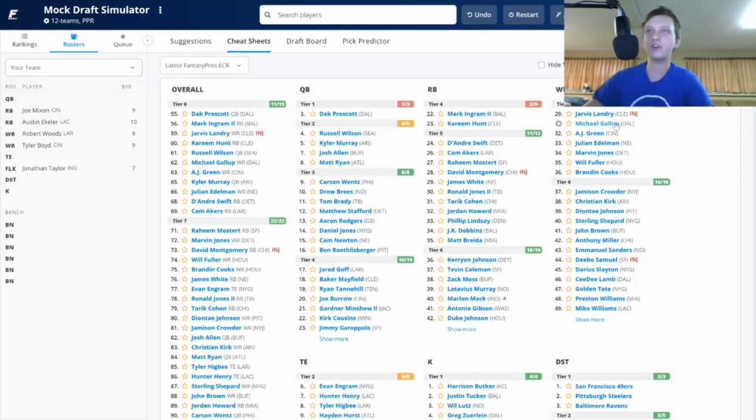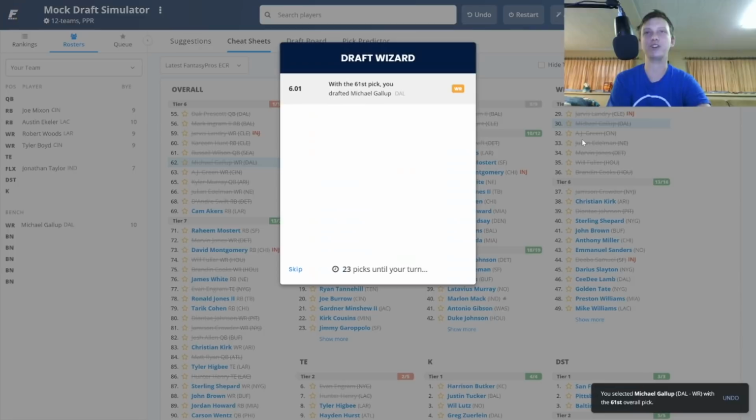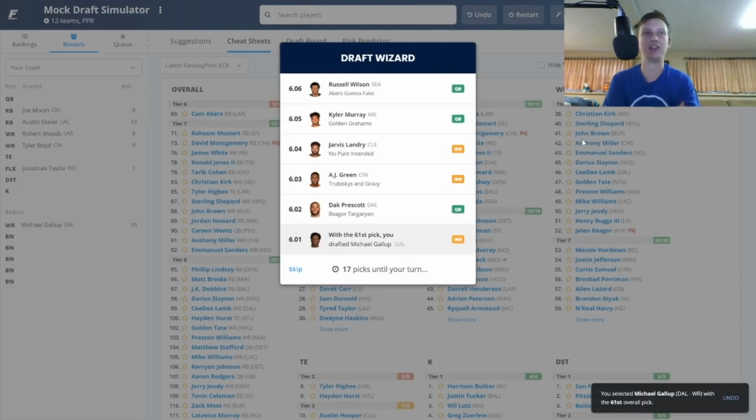So you could go with Michael Gallup here, and that's exactly what we are going to do. We are going to diversify our teams. I haven't picked Gallup all too much, but he's a guy I was a huge fan of last year, and I'm going to be a huge fan of again this season. I think he could put up a good year,